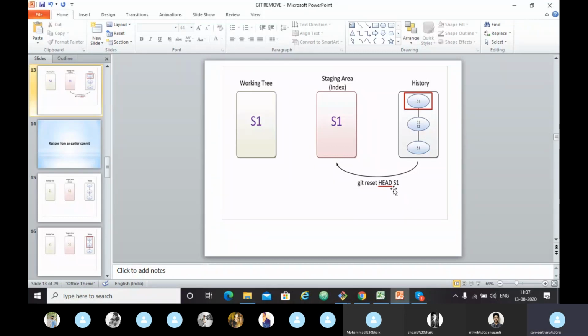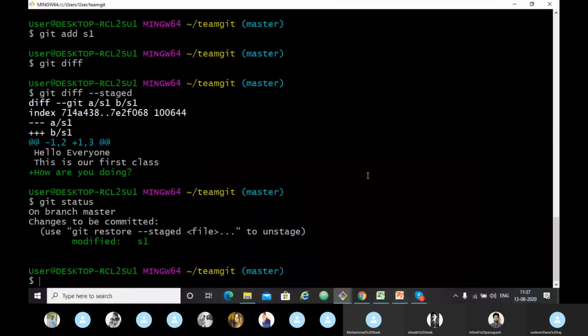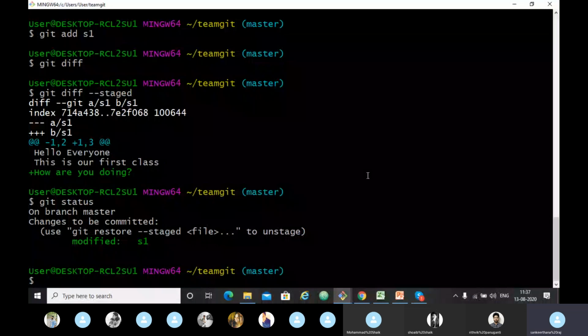So what we are doing now is undoing files in the staging area. You just have to type git reset. We are using this to undo the files in the staging area.